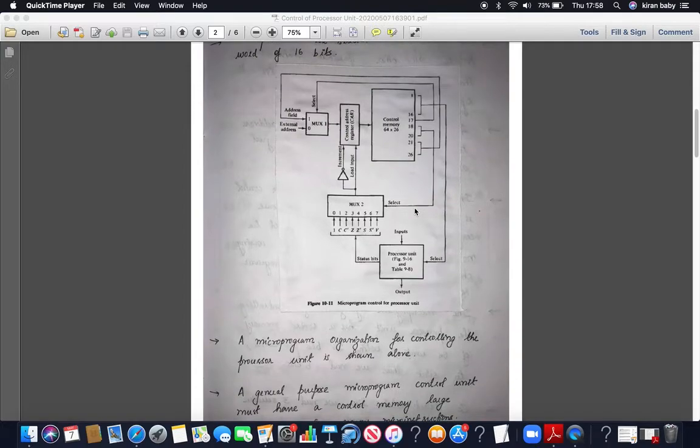Okay, now the next thing which we have to discuss is the control address register. Next we are going to discuss how a control word from this control memory is selected, and based upon that how our processor is going to perform the operation. Here also we have a control address register that will point to the address where the next operation that needs to be executed will reside. So how is this control address register going to work?